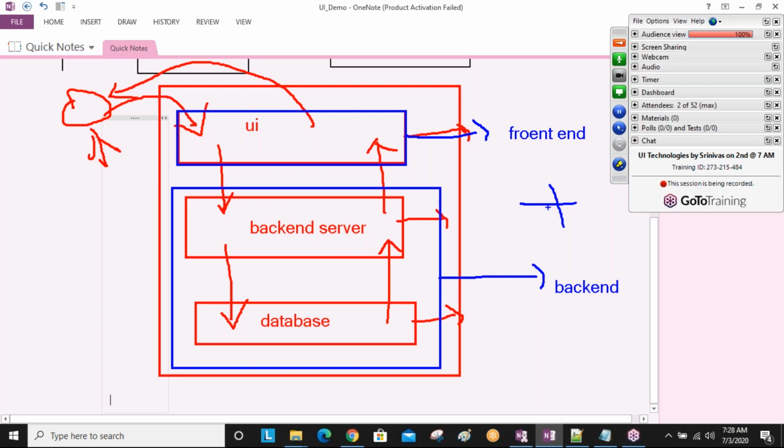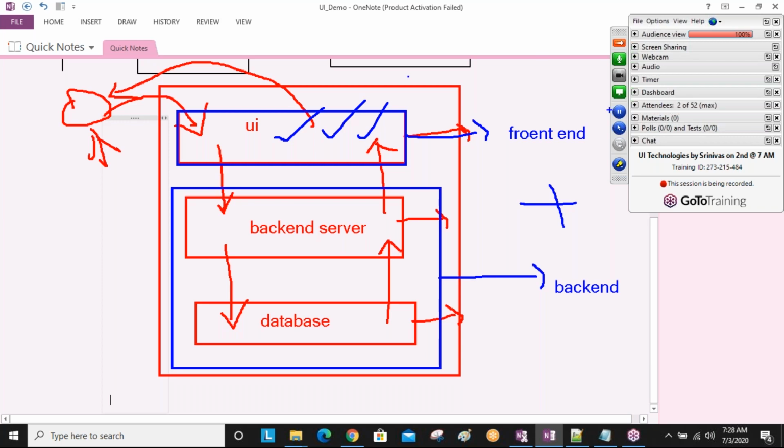Now here we are going to discuss more and more about this section only: how we develop effectively, and how the user interacts with the server through our user designing, front end designing. How easily the user understands and how easily the user communicates with the server, all these things using our UI technology, we are now going to learn.